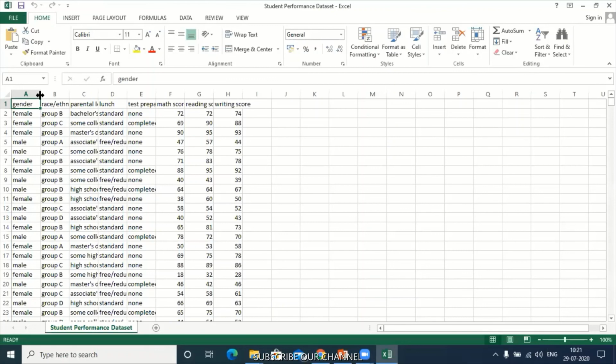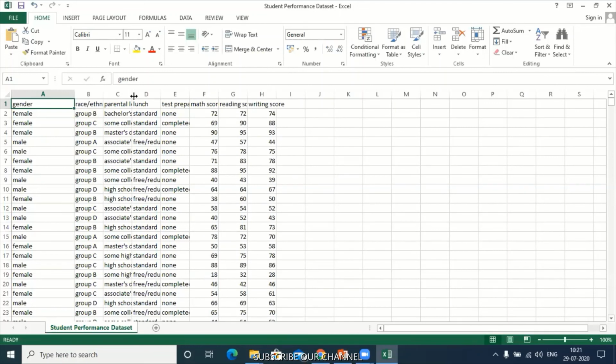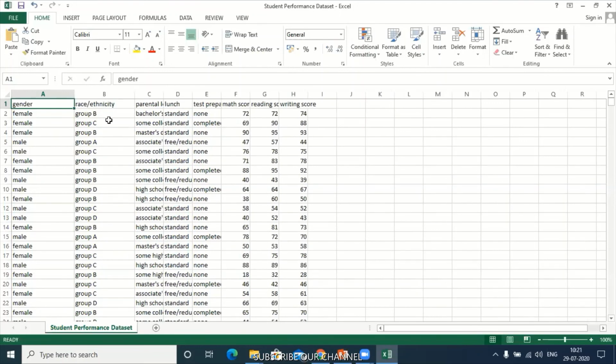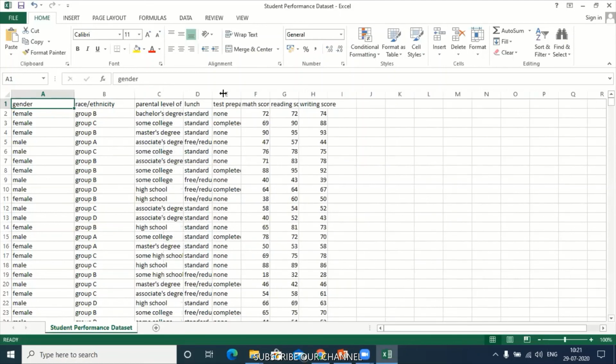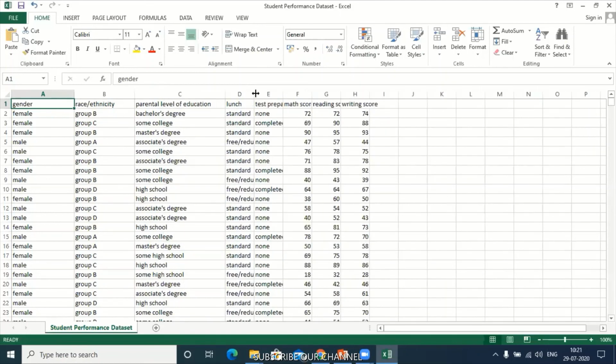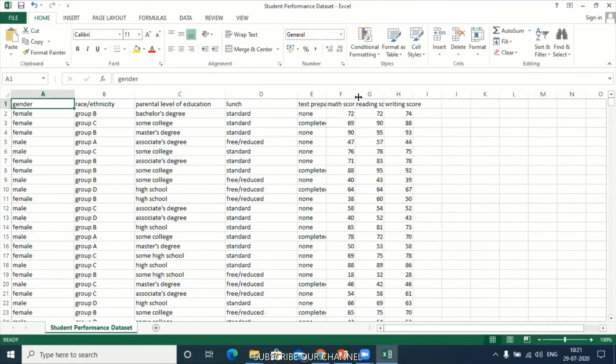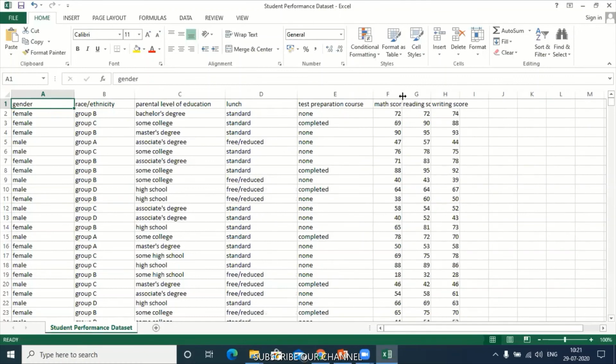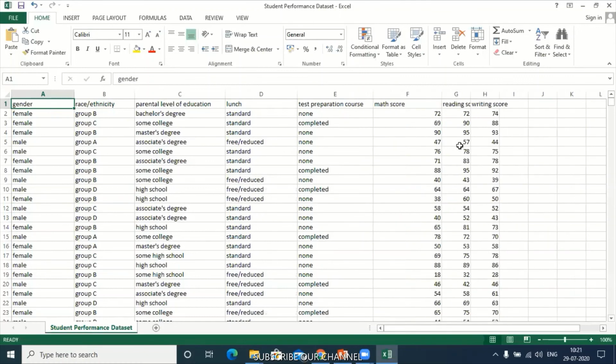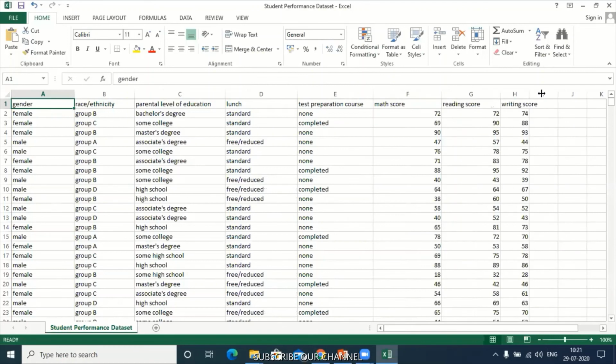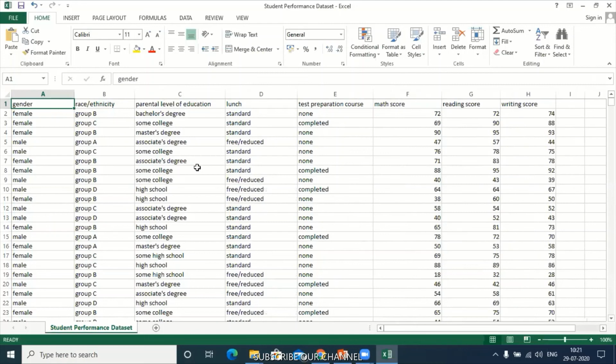Okay, so this is the data set where we have the attributes like gender. Next, race, ethnicity. Next, we have parental level of education. Next, we have lunch. Next, we have test preparation courses. Next, we have math score. Next, we have reading score. Next, we have writing score. Okay, so I have this much amount of data, and in machine learning, remember,